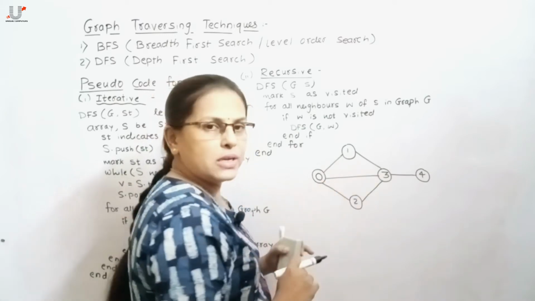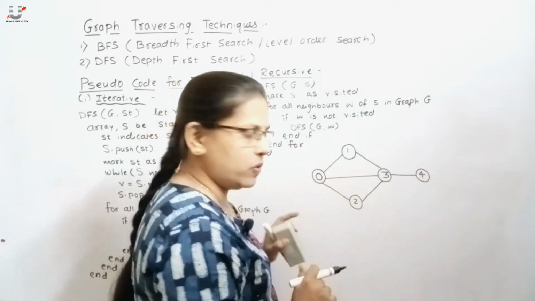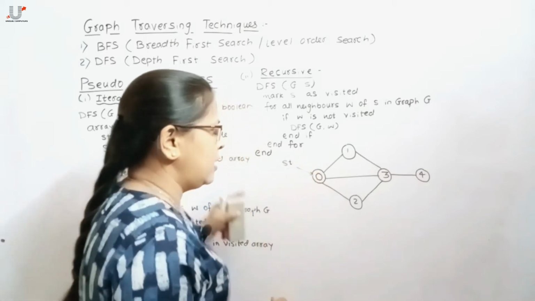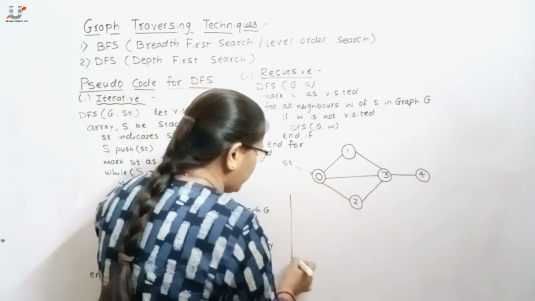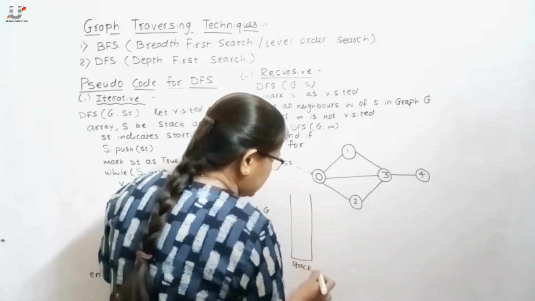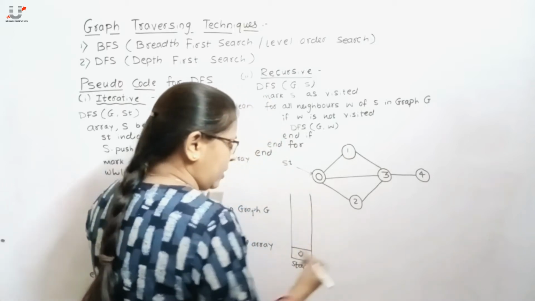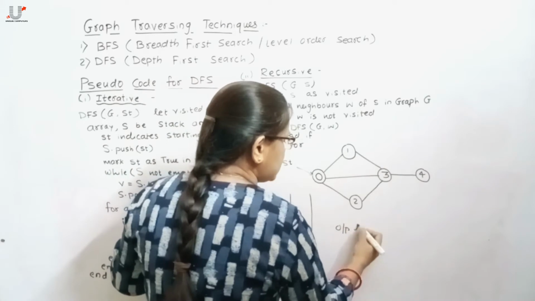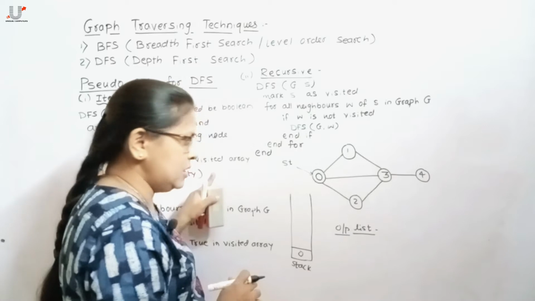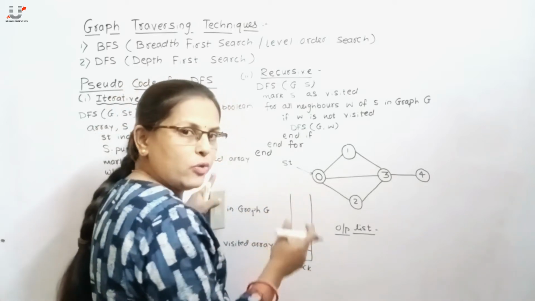As the starting vertex is not given, we can choose any vertex from this graph as the starting vertex. So here I select 0 as the starting vertex. As DFS uses a stack data structure, that starting vertex gets inserted into the stack, that means here 0. And this is the output list. All the processed nodes are stored within this output list.